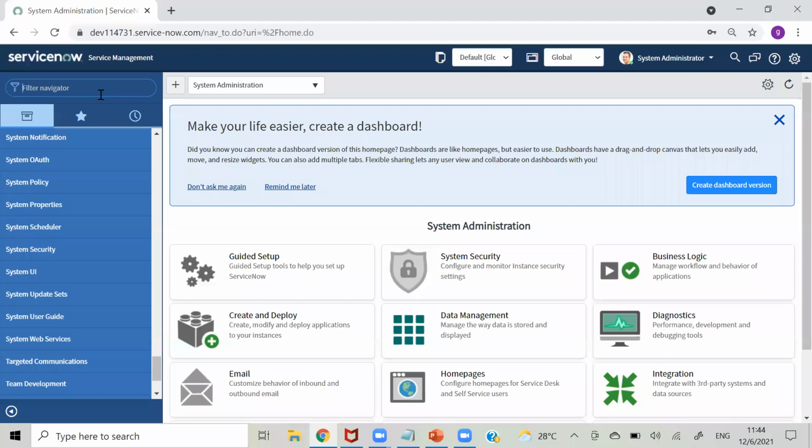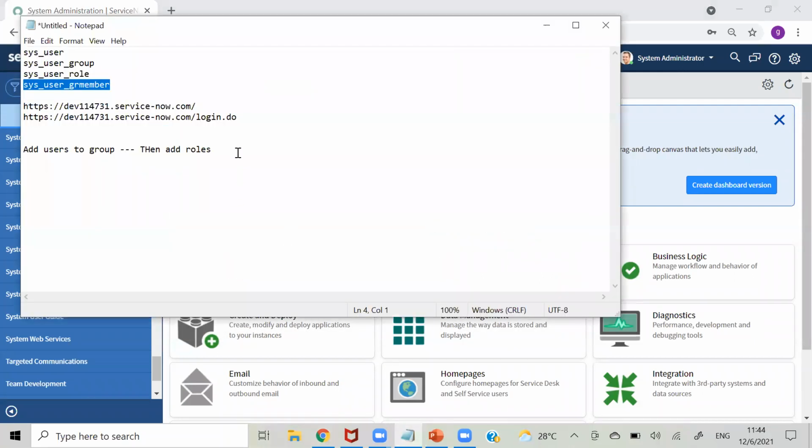So then we will see how we can configure application and application menu. Like we have seen what is application and application menu, application module, and how we can restrict this for particular users.